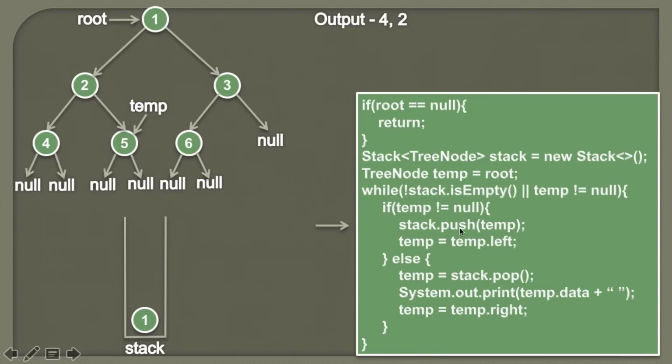So what we do is we simply push node 5 on the stack, because we cannot visit this node till we visit its left subtree completely. Therefore we need a way to store this element on the stack. So we are simply pushing the temporary node on the stack. Now node 5 is on the stack, and then we simply go to its left because we need to traverse its left first. So now temp is pointing to null.